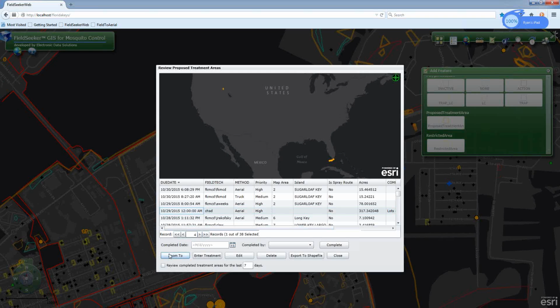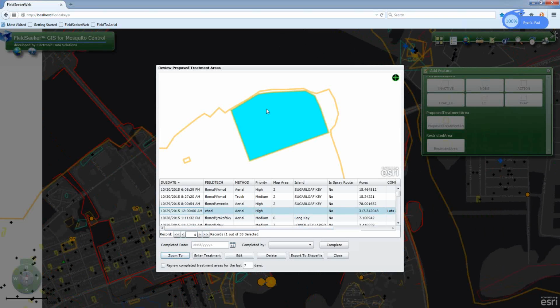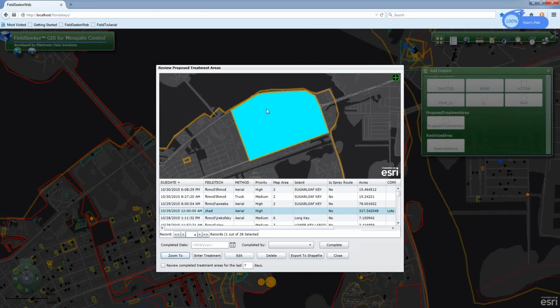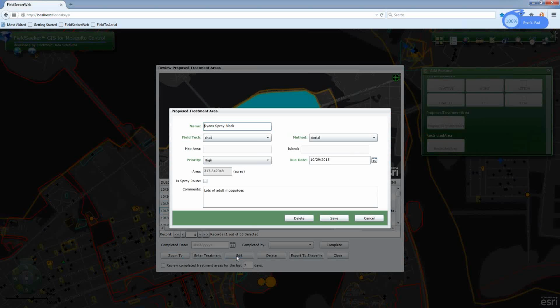I can zoom to that location both on this pop-up map and the map in the background. It highlights it so I know where it is. I have the ability to actually review that information. So this list called Ryan Spray Block is created by Chad. It's 317 acres. If this looks okay to me and I have the resources, the weather conditions are right, and